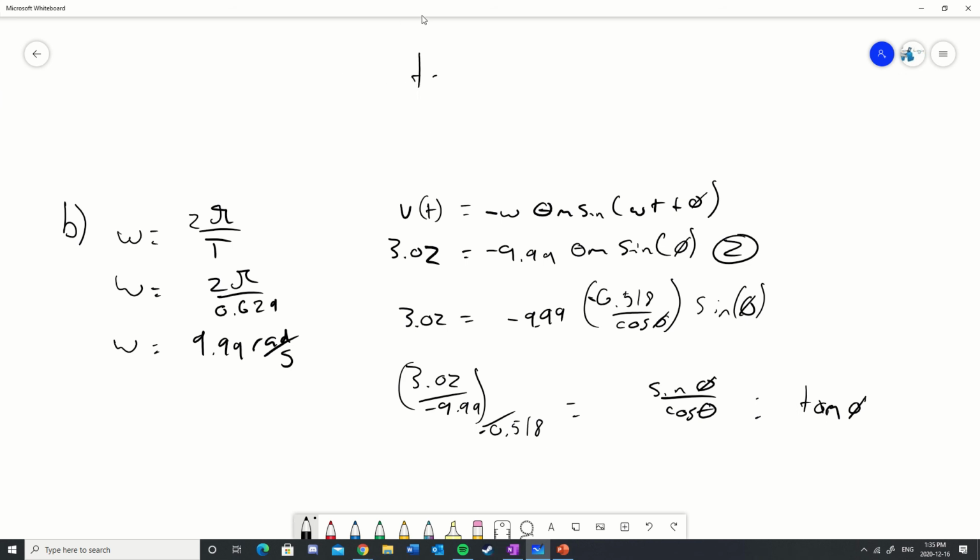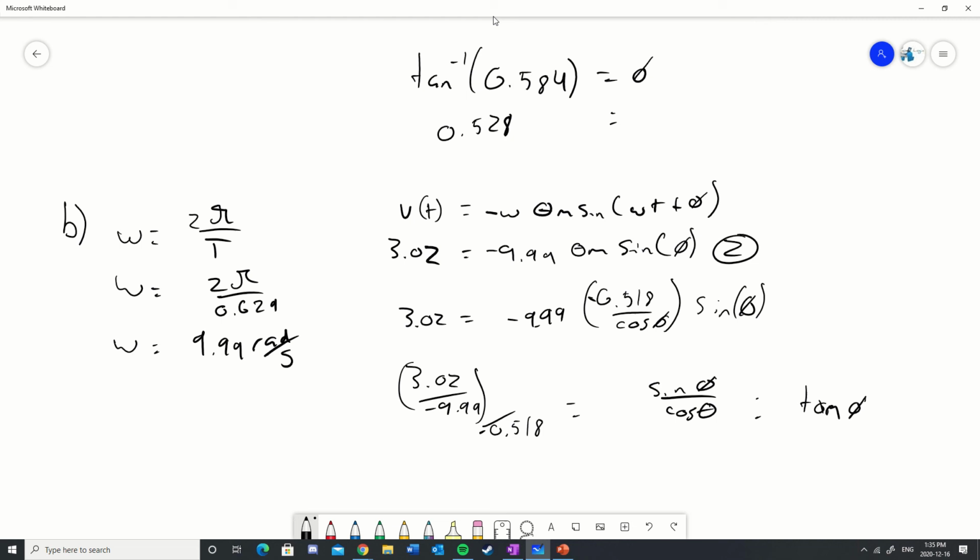We can take tan inverse, rather, of the number we've just computed here. Bear with me here, I have this written somewhere. Yes, 0.584 is equal to tan phi, which means that phi equals, and this is the kicker,